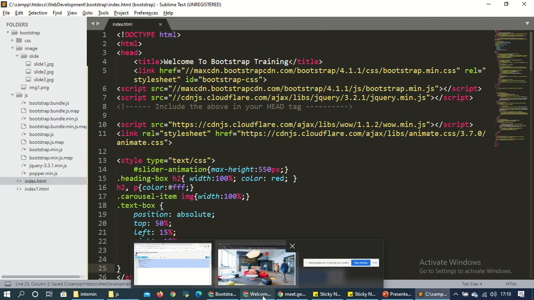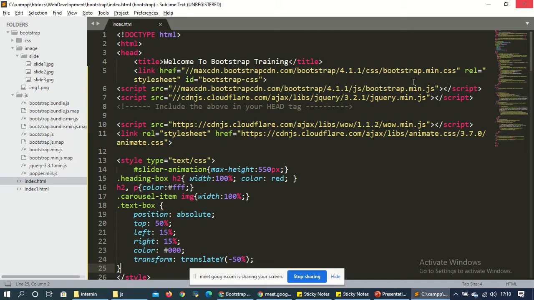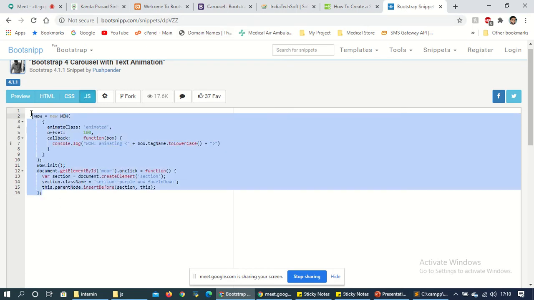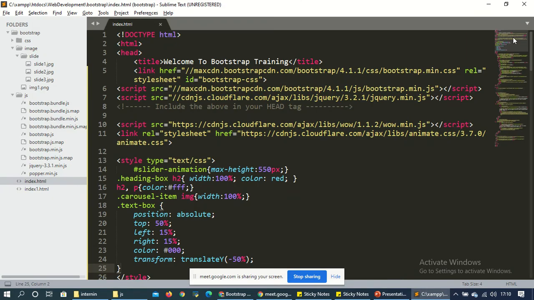And now one more thing is left, which is JavaScript. So this is the code for JS. Again we'll use this code in the same file.